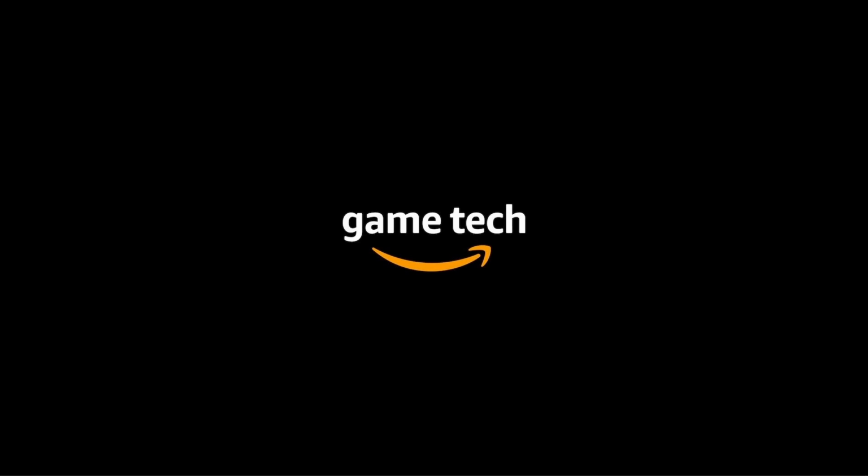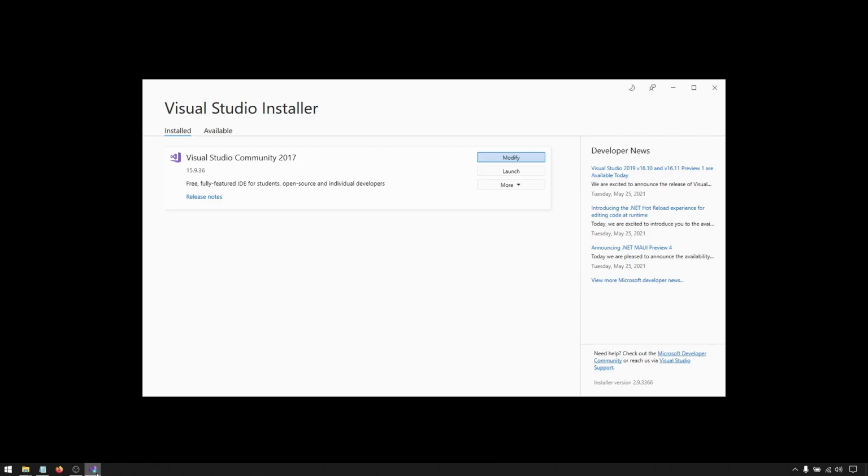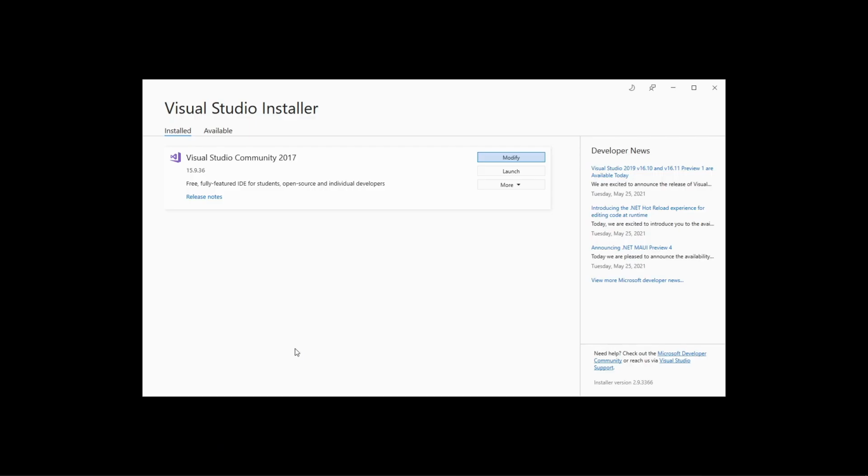Before we dive into the Unreal Editor, there are a few things we need to make sure are installed in our development environment. Open up your Visual Studio installer. For this series, we'll use Visual Studio Community 2017. You might run into errors if you use the 2019 version. Click on Modify,